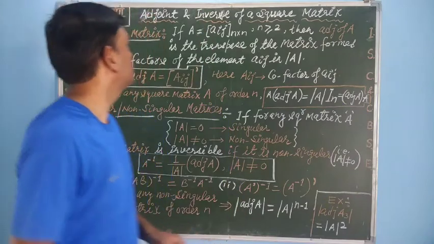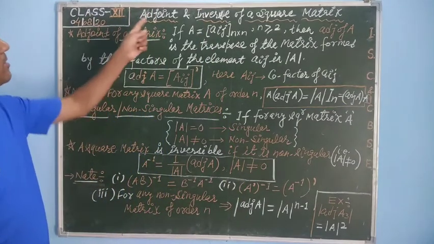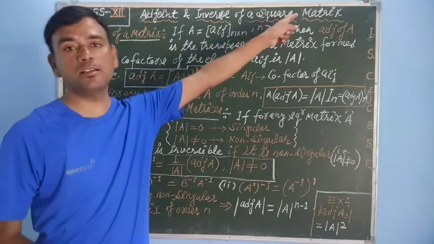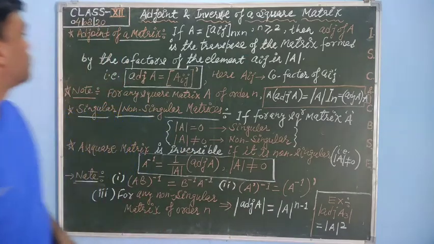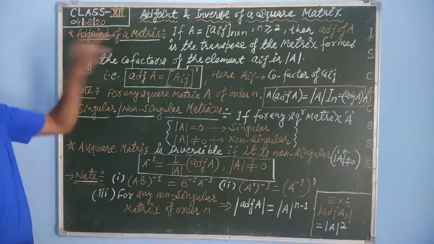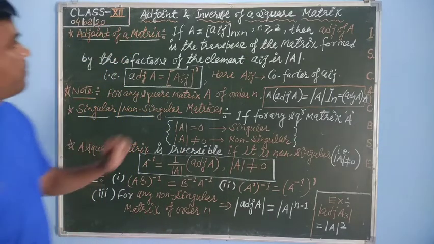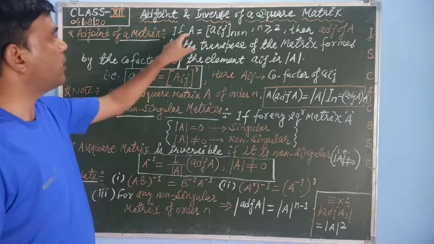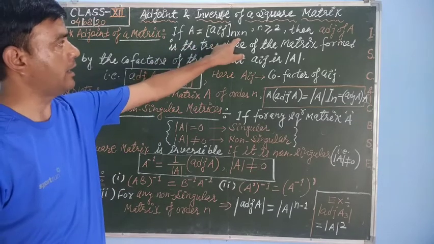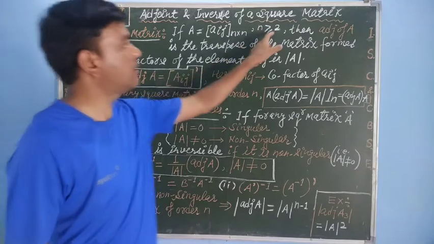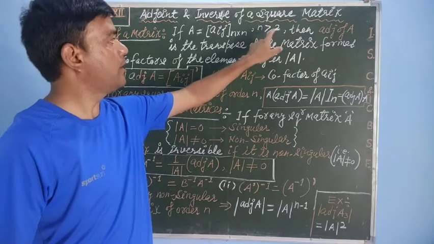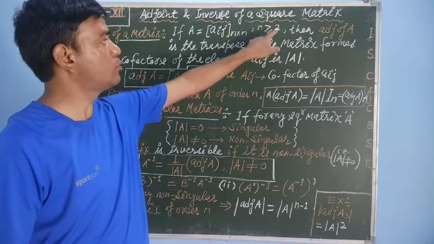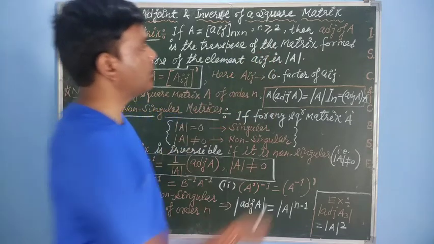Today we will discuss the new topic, that is adjoint and inverse of a square matrix. First of all we will take the adjoint of a square matrix. What is it actually? If we are given any square matrix A of order n, where n is greater than or equal to 2, that is, if the order of that square matrix is 2 or more than 2, then